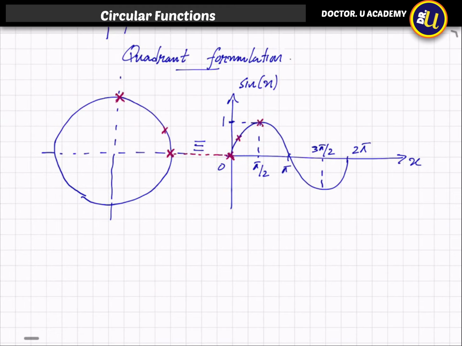Now at this point, the y coordinate would be 1, right? So the value here would be 1. That means this height would be 1, as this height would be 1, right? So this person is going in this way. This guy on the actual line is just following the line. Now here he's going down towards pi. So similarly you can represent that journey in this way on a circle.